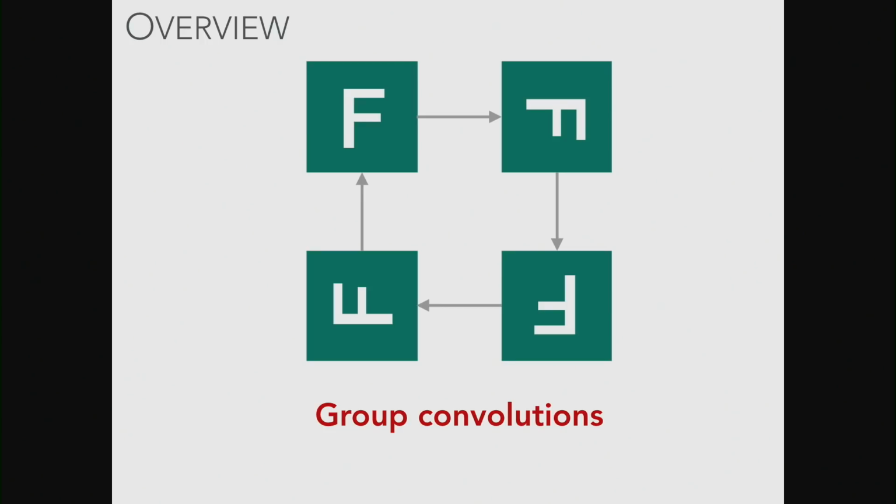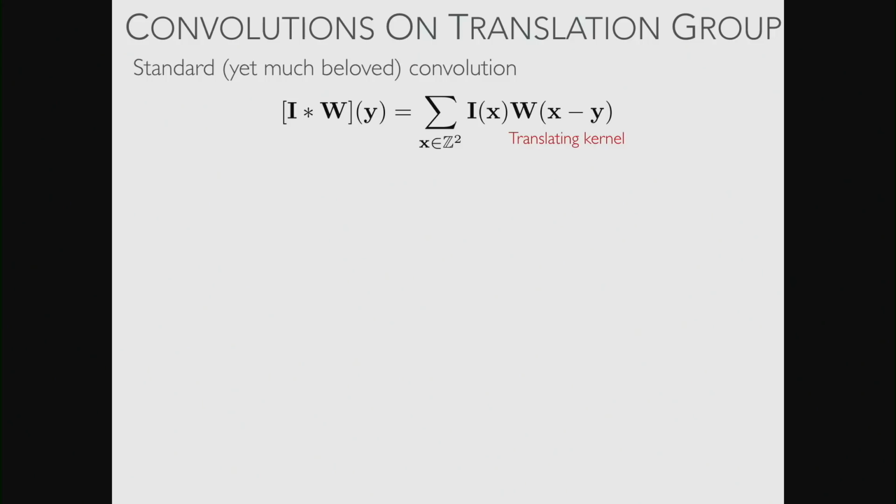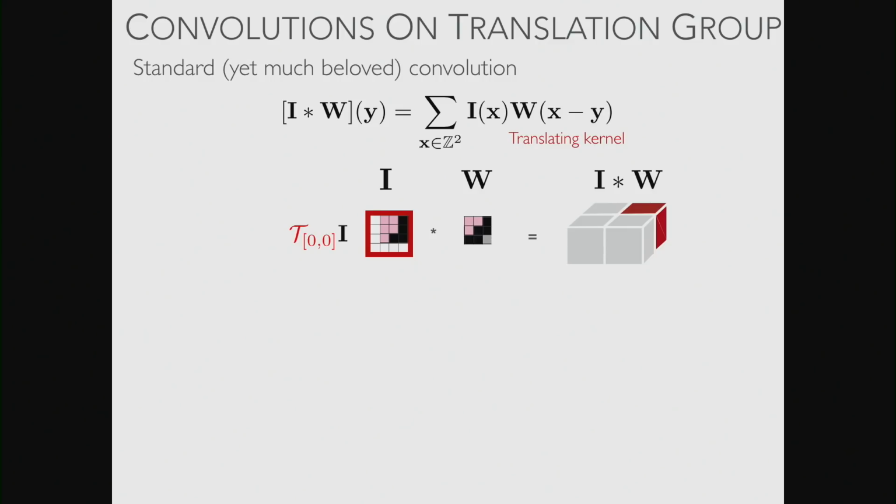So now that we've looked a bit at groups, we can talk about these things called group convolutions. Essentially, this is the formula of a convolution, normally inside a neural network. I've got an image, I've got a kernel, and I translate the kernel by some amount y, take the inner product, and that gives me the convolution response at position y. So here's an image with 4 pixels, and here's my kernel, my filter w. I take the inner product at 4 locations, 1, 2, 3, 4.